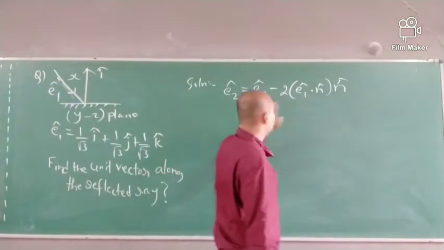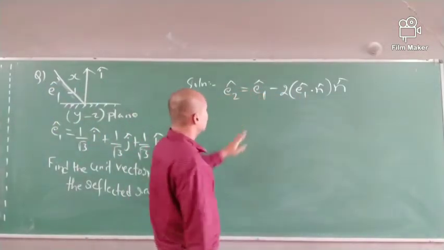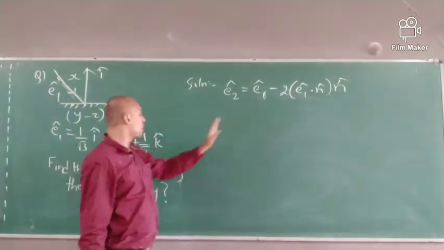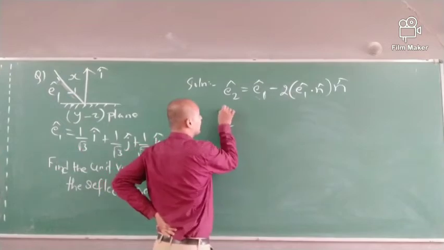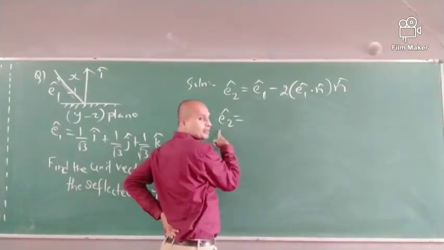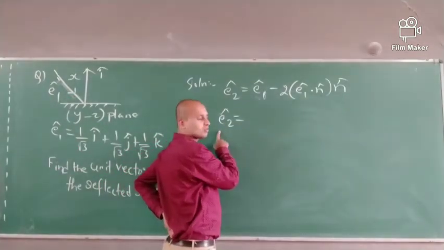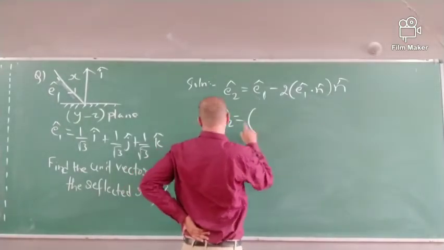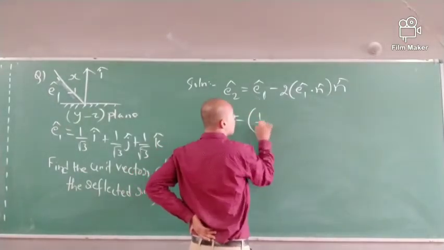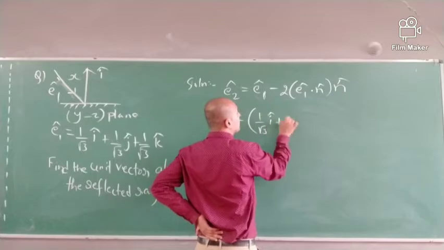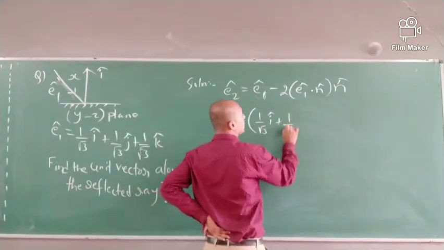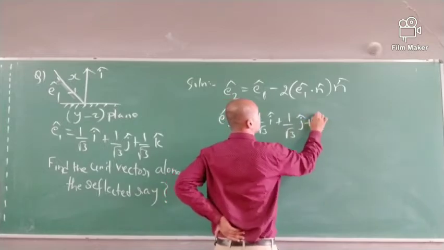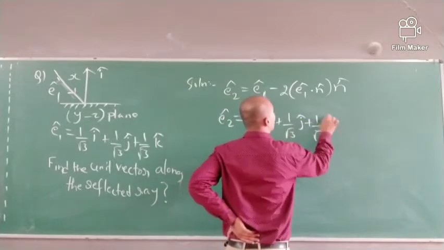Now see here, in place of n cap I am going to write i cap. In place of e1 I am going to write the given data. So according to the diagram, the unit vector along the reflected ray e2 cap will be e1 cap minus 2 into, and what is that e1 cap? e1 cap is 1 by root 3 i cap plus 1 by root 3 j cap plus 1 by root 3 k cap